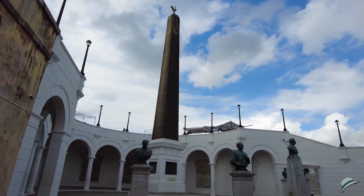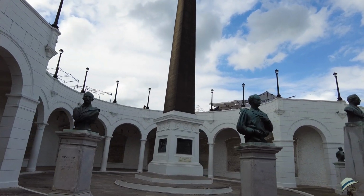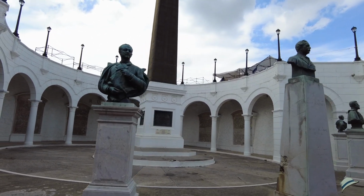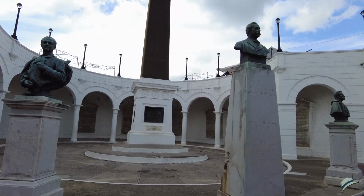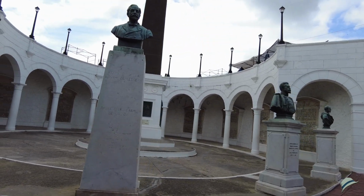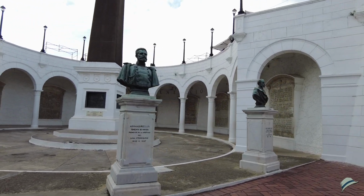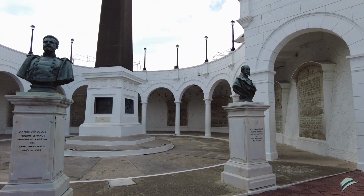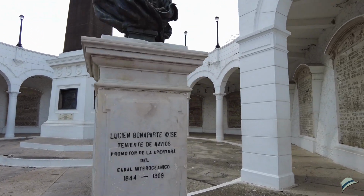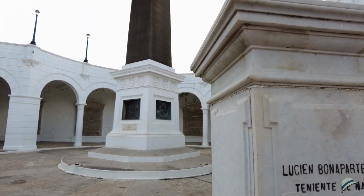A couple of statues here. Pedro Sosa. Can't read. Oh, Leon Boyes. Fernando Maria Visconde de Lesseps. Armand Reclus. And finally, Lucien Bonaparte Wyse. Or you could say he was wise. Anyway,